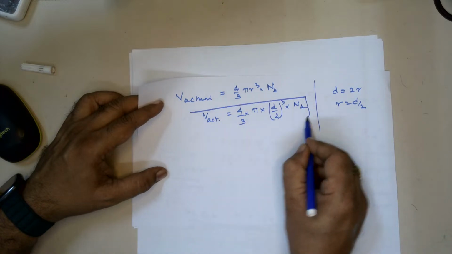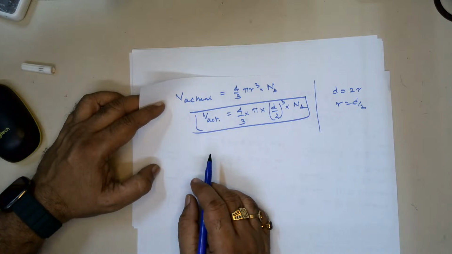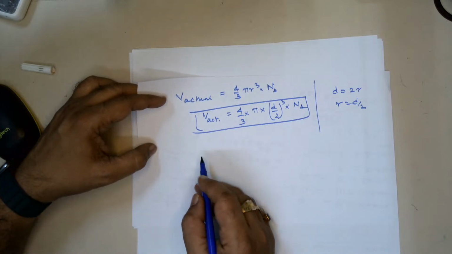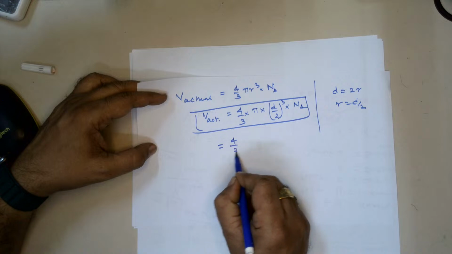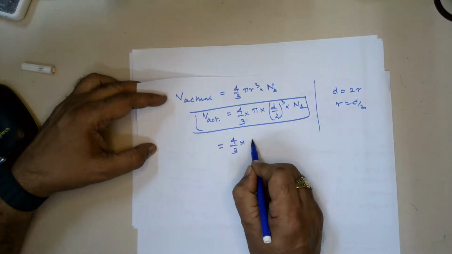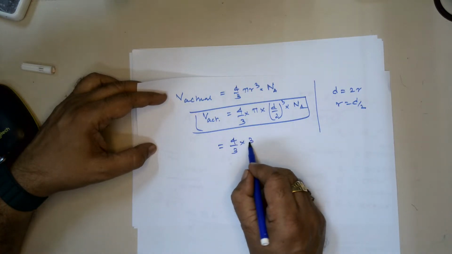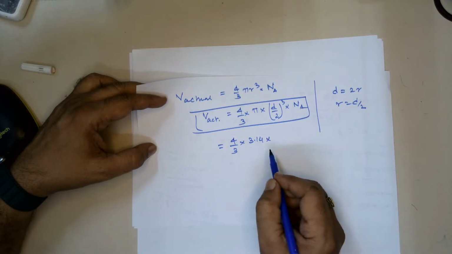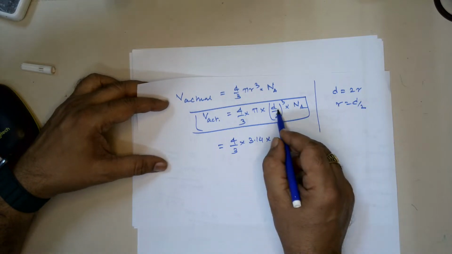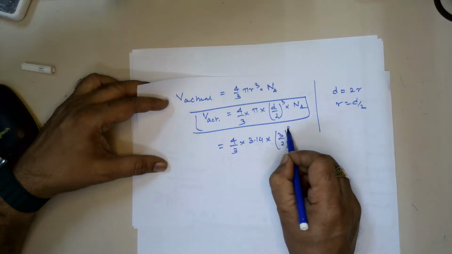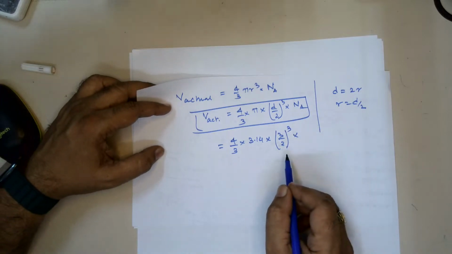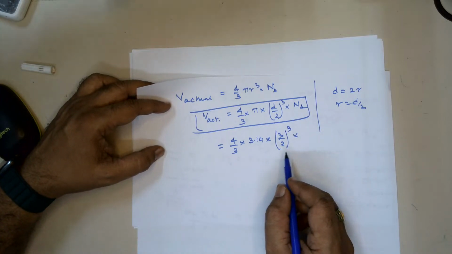So this is the equation where we have to substitute the given parameters. So that is equal to 4 by 3 into pi 3.14 into d. D is given as 3 here, is it not? So 3 by 2 whole cube, diameter divided by 2, that is the radius,